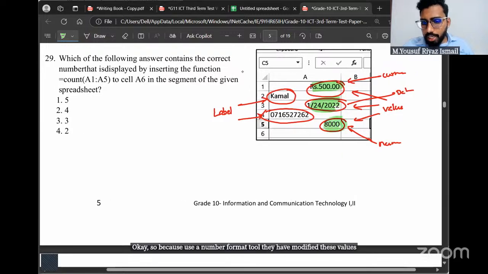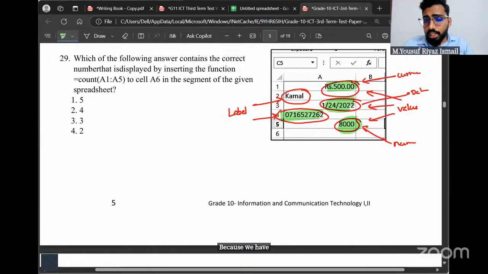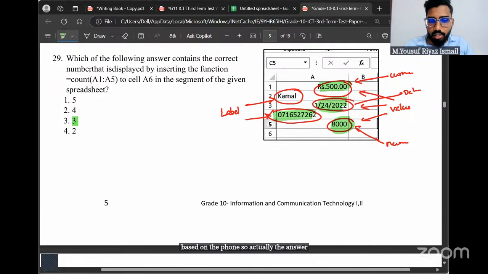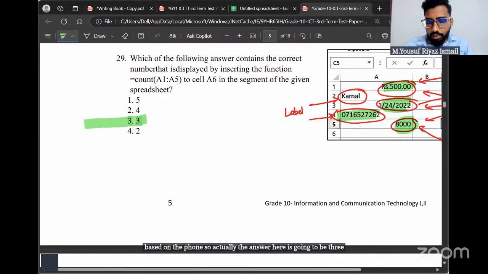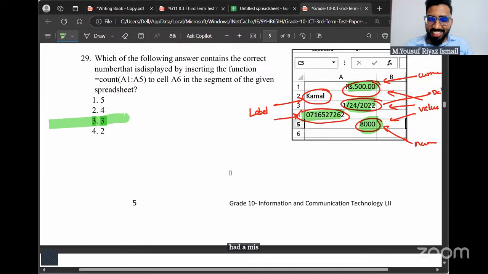Actually, these three will be considered as values, that's why they're right aligned. And this one is left aligned, and it's going to be considered a label because we have modified it using the number format. This is the default alignment. So actually the answer here is going to be 3. Is that clear? It's something you'll have to keep in your mind, because even I had the misconception until I did that question.